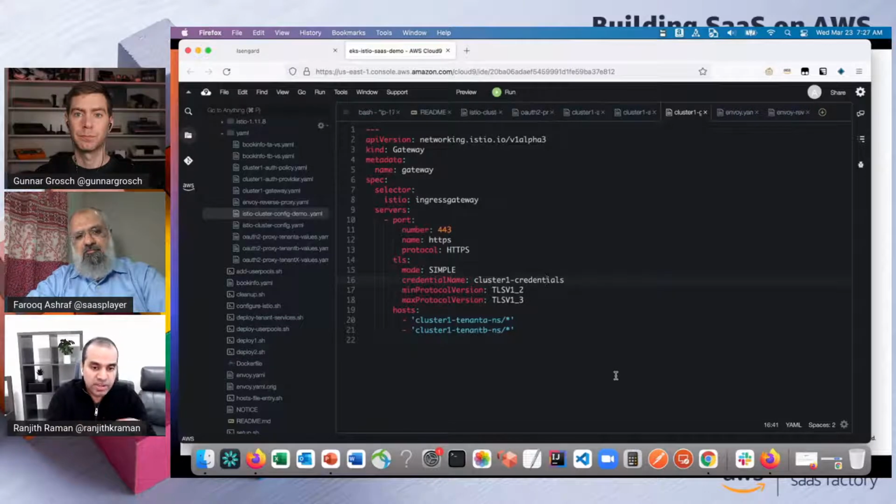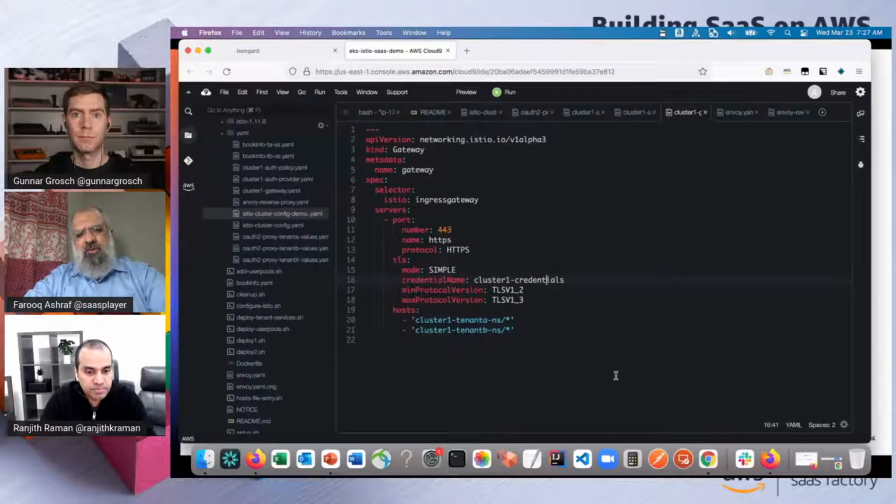If you tie it back to the EKS SaaS reference solution, Gunnar, we do this whole namespace per tenant model, right? So when we are onboarding a tenant, we create a separate namespace for the tenant. So when we use Istio, we will have to add that namespace to this host when you're onboarding. So it's not manual. You can easily integrate this as part of your onboarding pipeline, and all you have to do is, after a namespace is created and provisioned, add an entry under host so that the Istio Ingress Gateway knows where to route that request to, pretty much. So that's the idea.